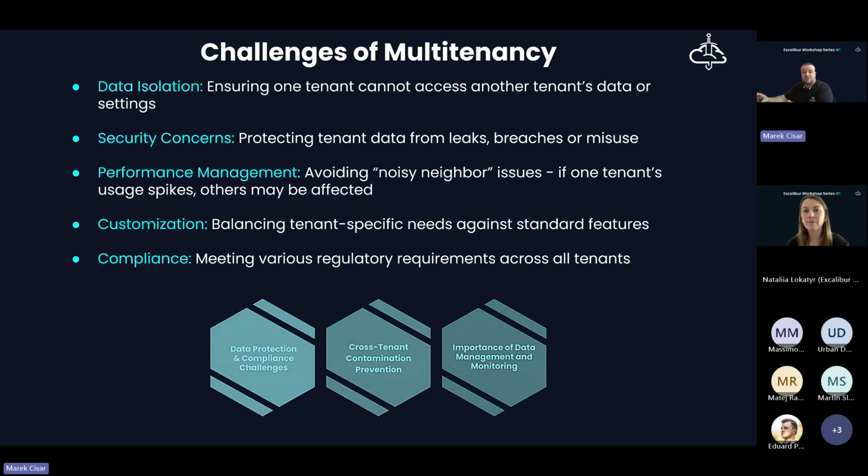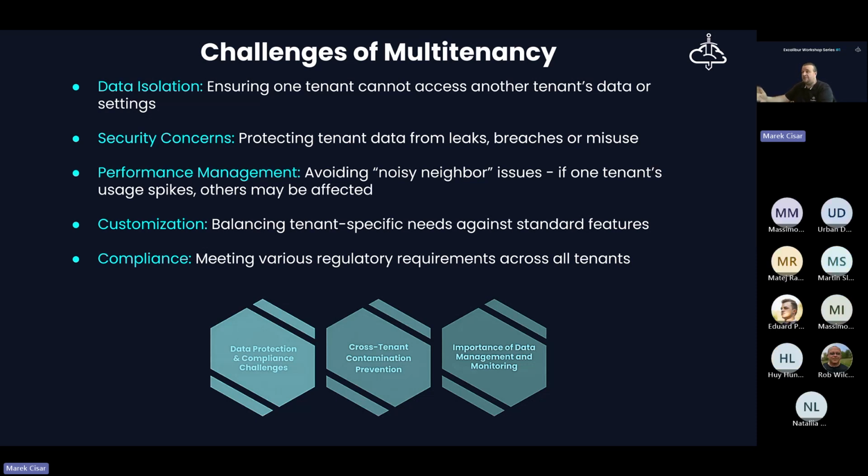when we are talking about data isolation, we must be sure that there is no possibility to leak the data between the tenants. Also, we must be sure that there is no possibility or backdoor to breach from one tenant to the other one. Or that there is no possibility to somehow misuse the multi-tenant functionality, maybe by the system administrator or the tenant administrator, and so on.